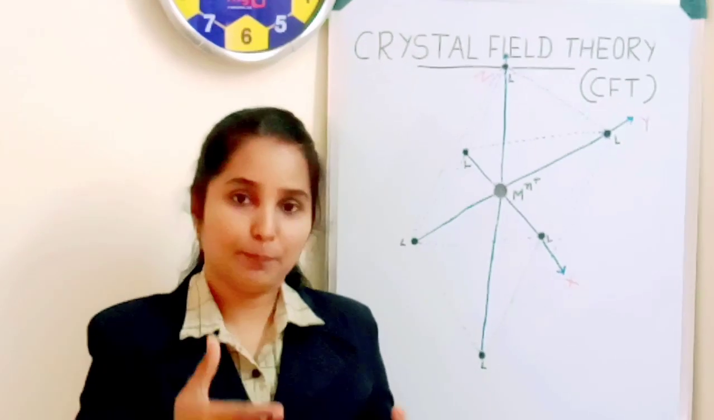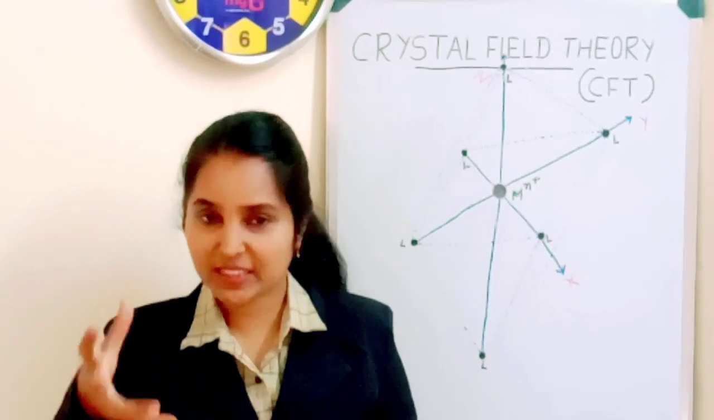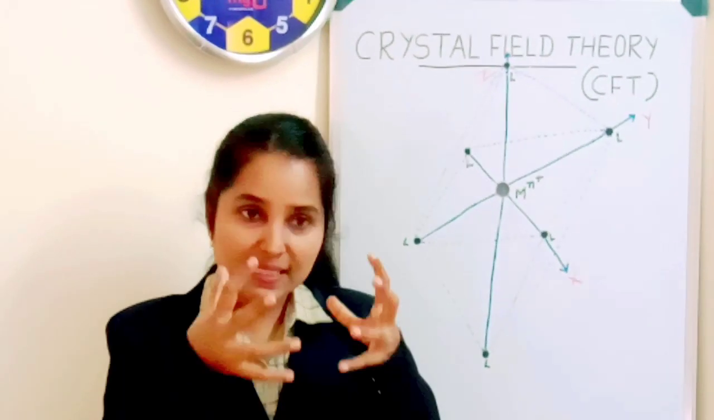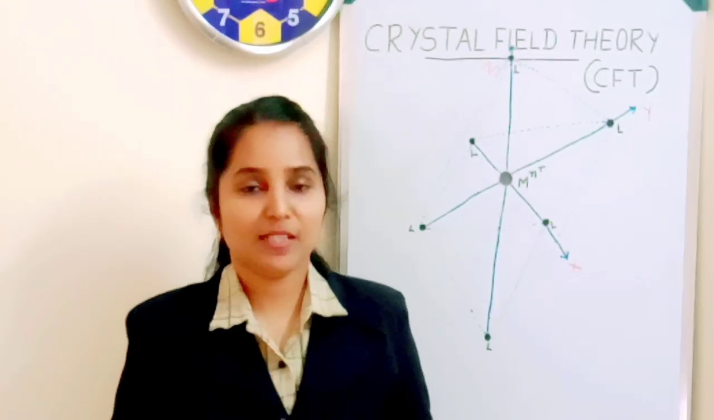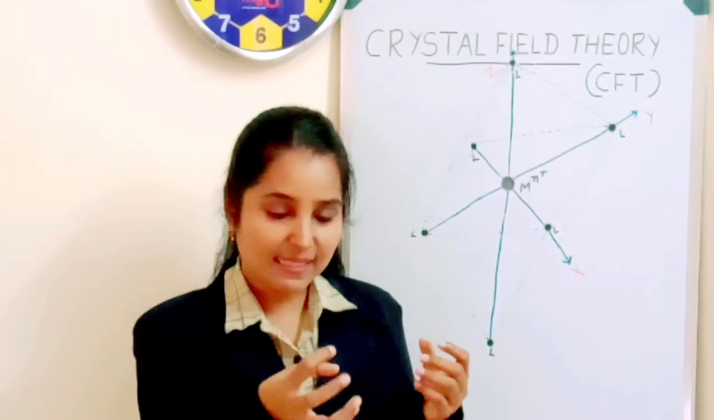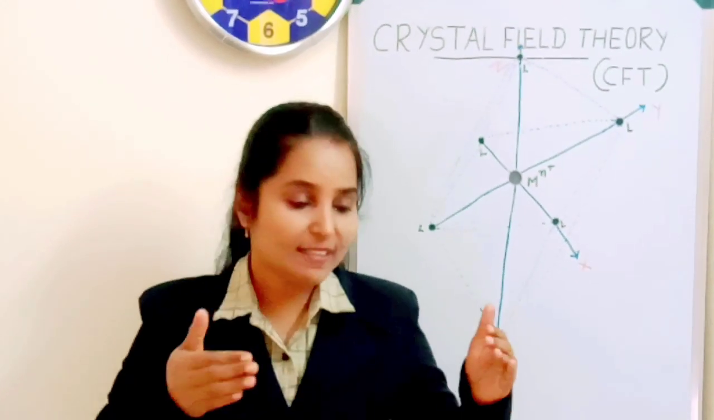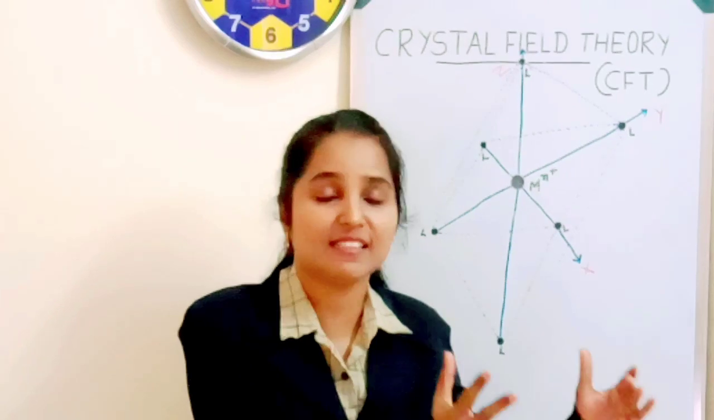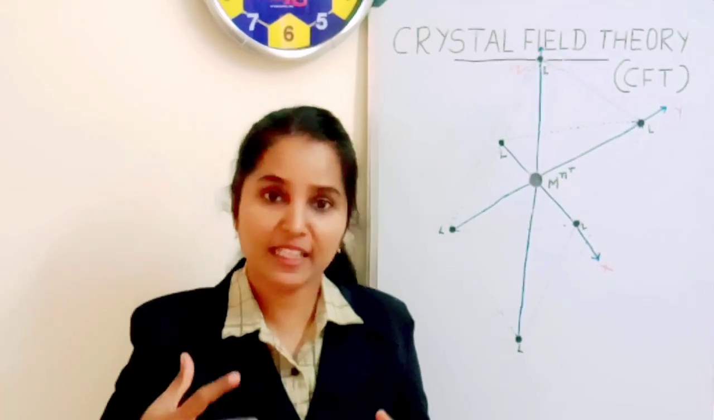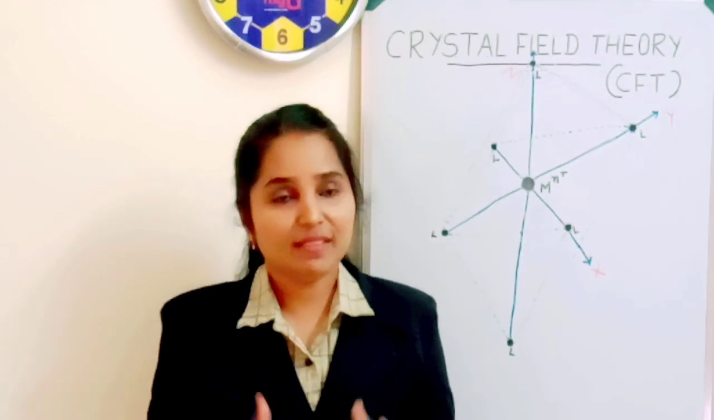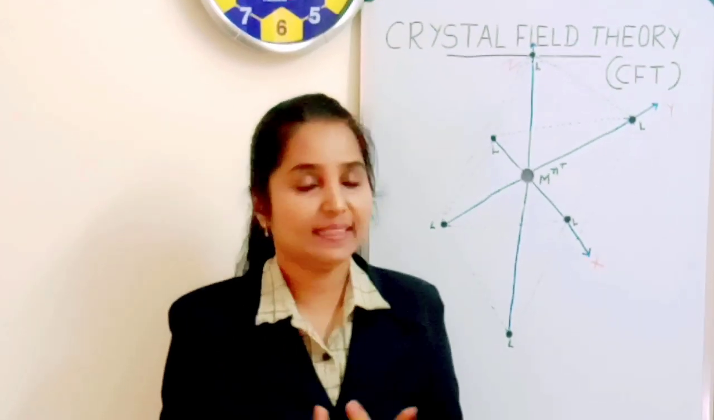When the ligand approaches the central metal ion with its pair of electrons or its negative charge, the electrons in this metal ion feel a kind of repulsion, and so these electrons in the outermost d orbital of the metal ion will try to occupy the farthest end of the d orbital to avoid maximum repulsion from the approaching ligands. So this is the basic principle regarding crystal field theory, and then we will